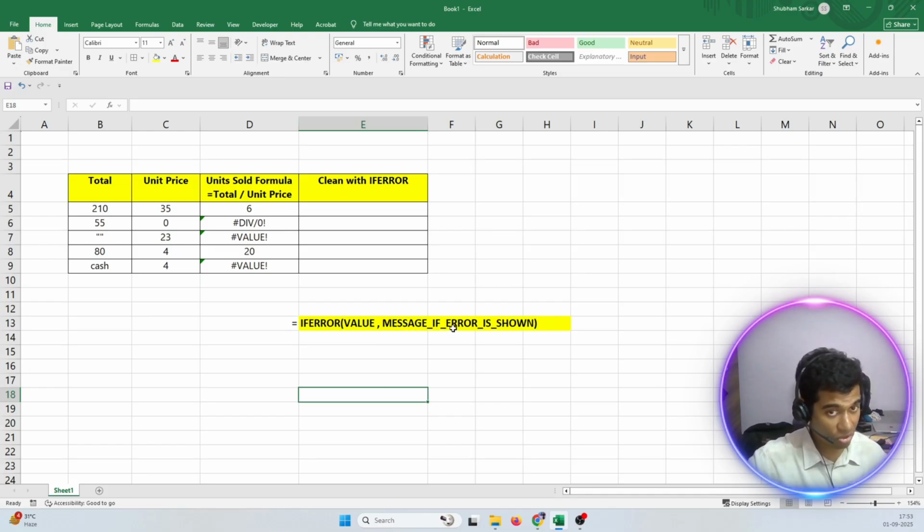If error is not shown, this won't work. Sweet and simple. If you ask me in a one-liner, value is your calculation, and value if error is what you want if Excel encounters an error.